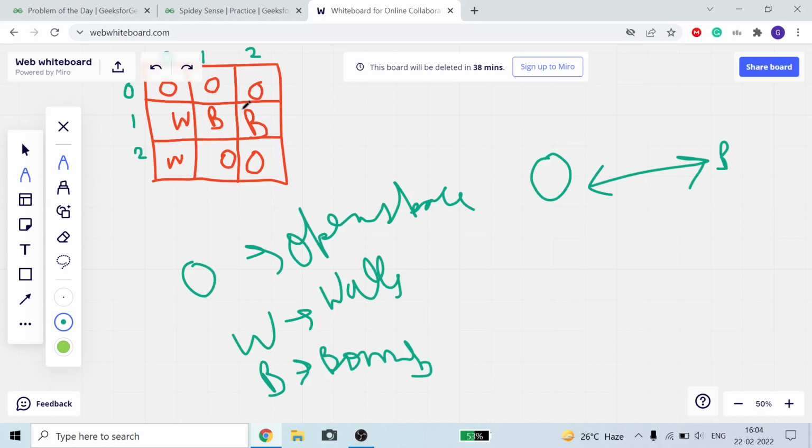Okay, and there is one condition in your path, like you cannot go like this. Why? Because here a wall comes in our way. Okay, we have to find out the minimum path in which a wall is not an obstacle. Means between O and B, you are moving right, down, left, up, you can choose any direction, but a wall cannot be an obstacle. Means in this direction a wall should not come. Okay, so if a wall comes, then you will never be able to find a path.